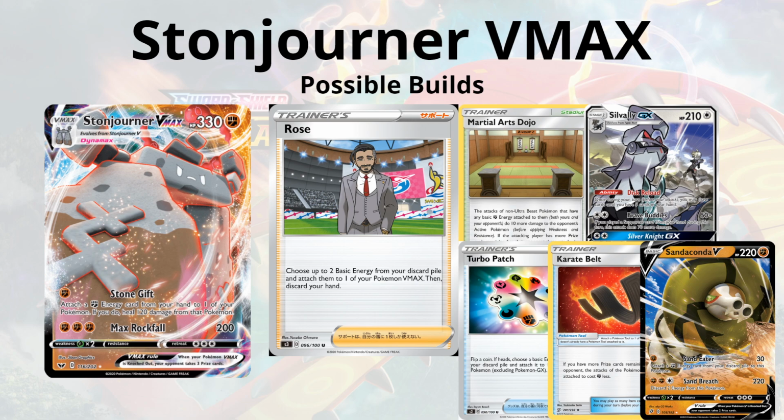discard your hand. So Stonjourner's issue is that it needs exactly 3 fighting energy to use its main attack, Max Rockfall, for 200 damage, which should be two-shotting everything and one-shotting some things that it's weak to. So we're going to plan to two-shot most things and then one-shot a couple relevant decks that are weak to fighting. But to do that consistently on turn 2, we're going to need to accelerate energy somehow. So hopefully we'll be doing that with Rose, and if not, we could always have Turbo Patch as a backup